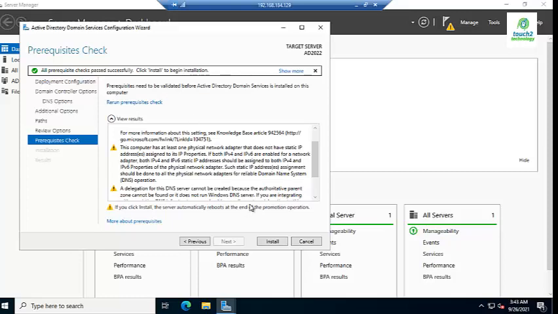Okay, just click on install because it is showing the green signal. All prerequisites checked and passed successfully. Click on install.